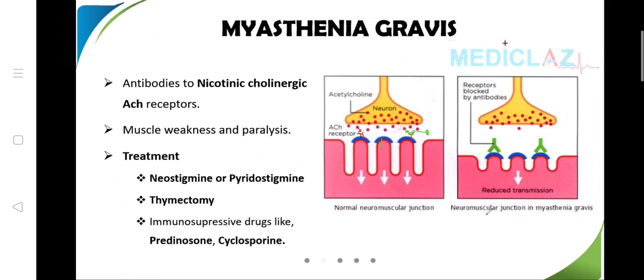Okay, so that is exactly what is happening in myasthenia gravis. You see, this is the antibody which is coming and blocking the acetylcholine receptors. So the acetylcholine, even though it is released, cannot go and bind. So there is no depolarization and no transmission to the muscle. Because of this, there will be muscle weakness, and in severe cases there will be paralysis. That means the muscle will not contract. Basically, the antibodies are to nicotinic type of cholinergic receptors. I told you these are nicotinic acetylcholine receptors.